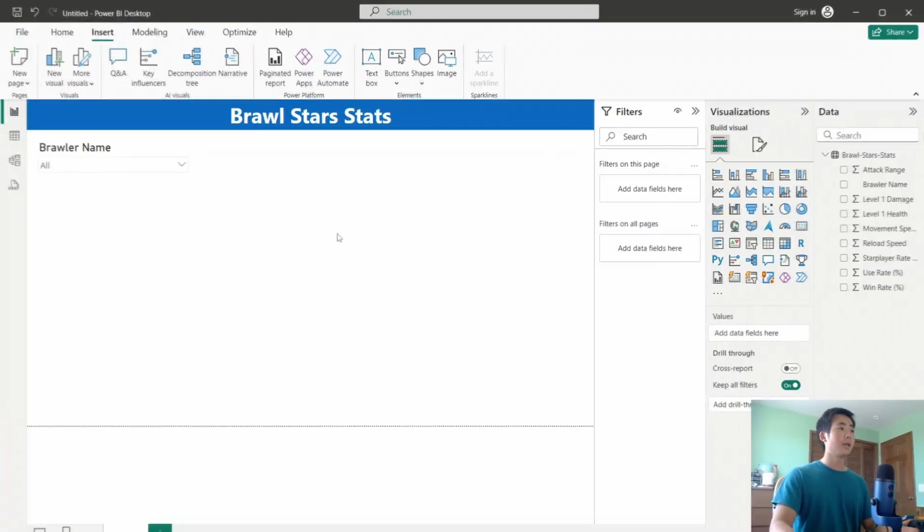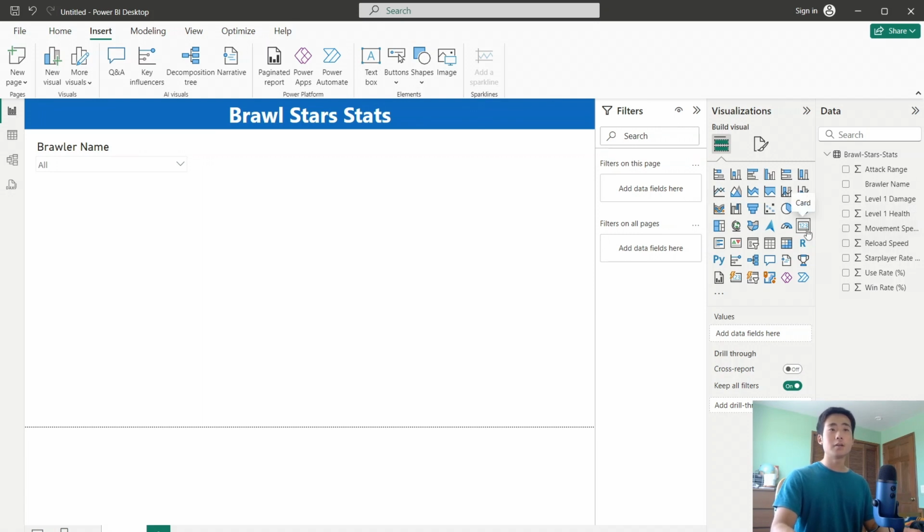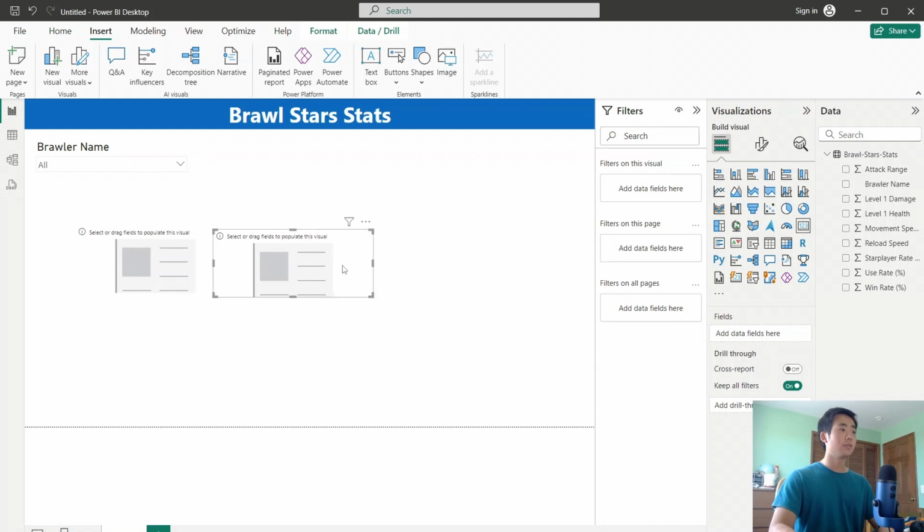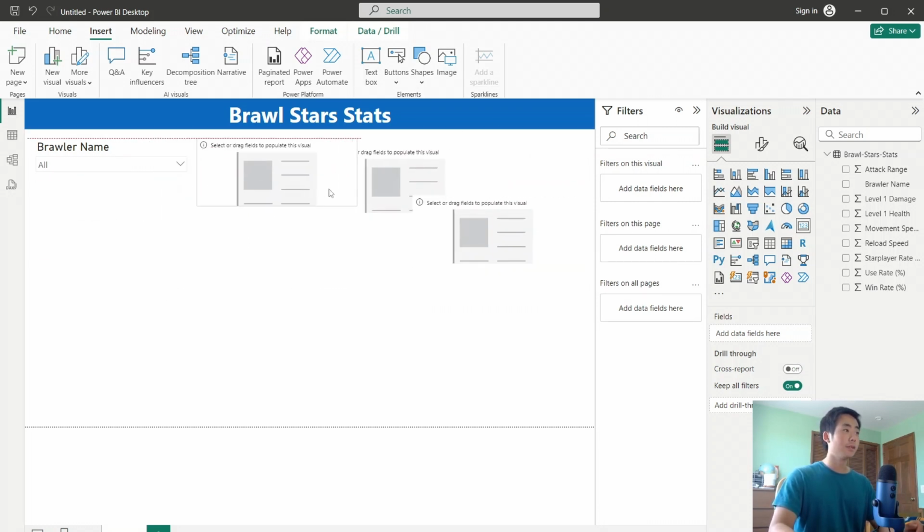Alright, now I'm going to show 3 cards next to the slicer, and the cards are going to show the average win rate, the average use rate, and the average star player rate. Okay, so to create the cards, I'm going to click on this button over here, and then I'm going to do Control C, Control V, and then Control V again to create 3 cards. And I'm just going to move it over here,